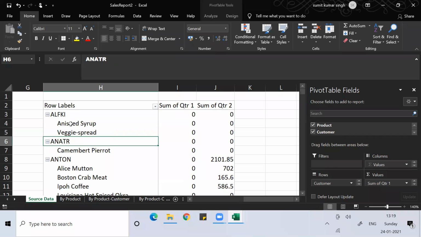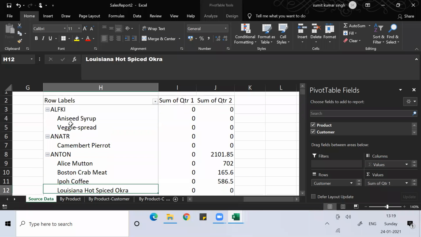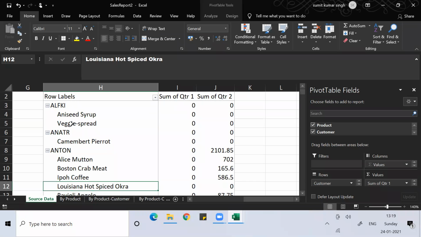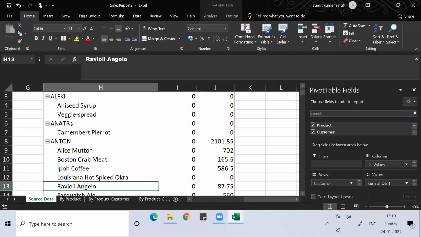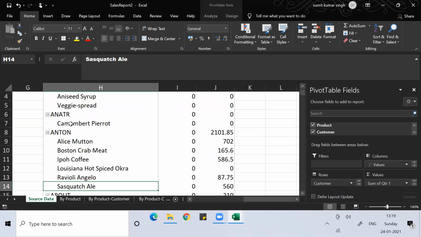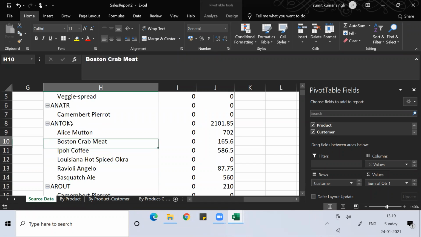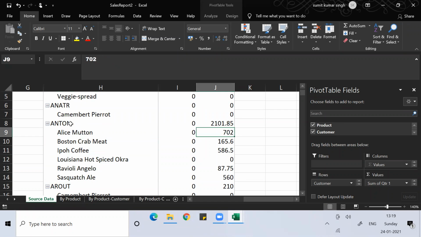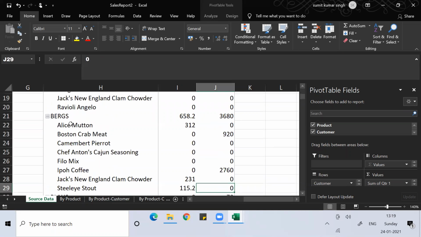Another customer called ANATR: what product has he used? Camembert Pierrot. Another customer called Antonio: what products did he use? Alice Mutton, Boston Crab Meat, and others. These are the products, and the sales of these products for Q1, Q2 also become visible. Like that you can analyze.